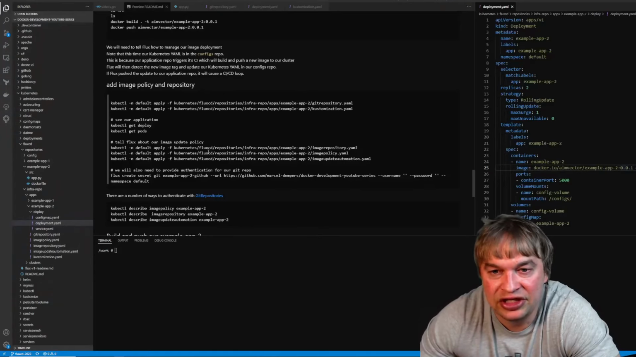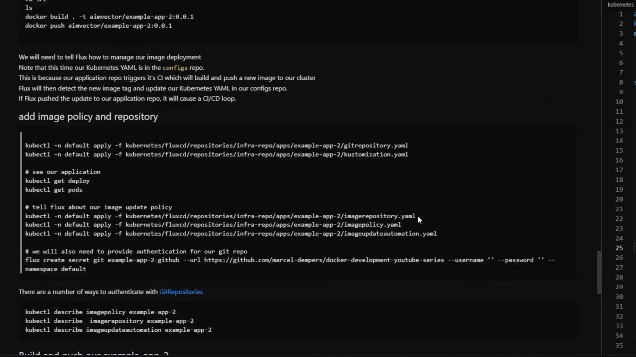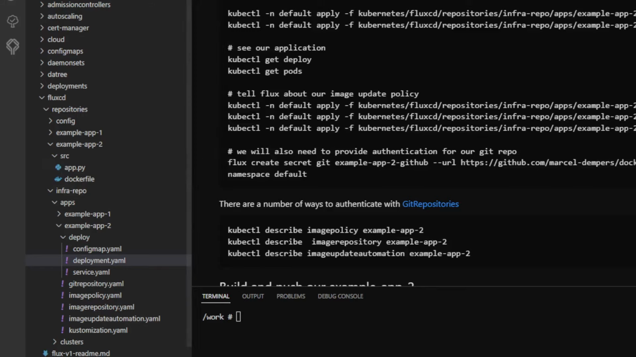In this case, we'll need to deploy a few more resources. One is the image repository, which is basically our Docker Hub. And then the other one is the image policy. That is the version tag and the policy that basically Flux needs to follow to rotate the image. And the other one is the image update automation. So if we take a look at our YAML on the left hand side here,